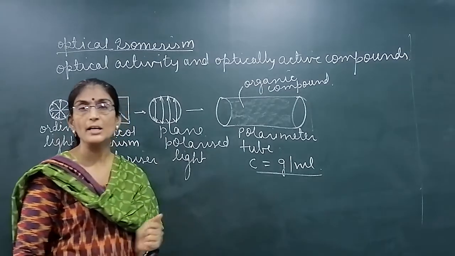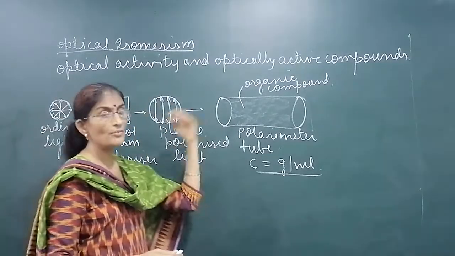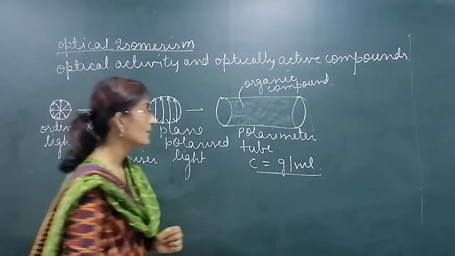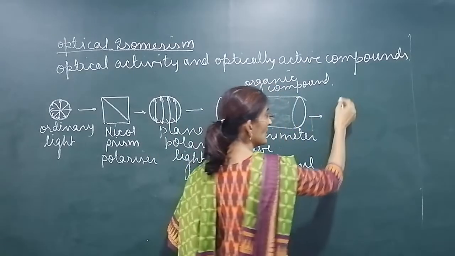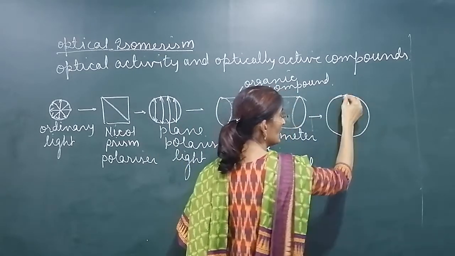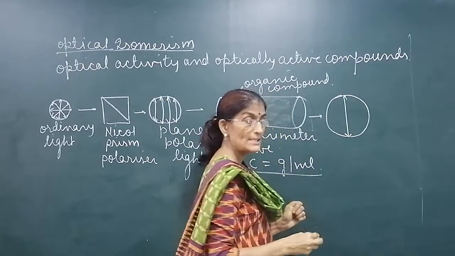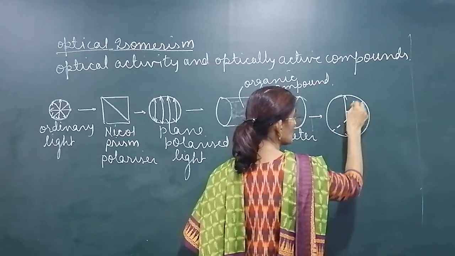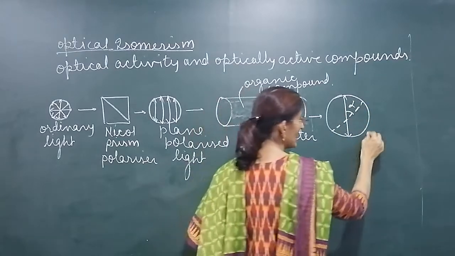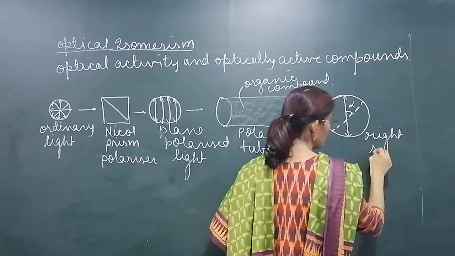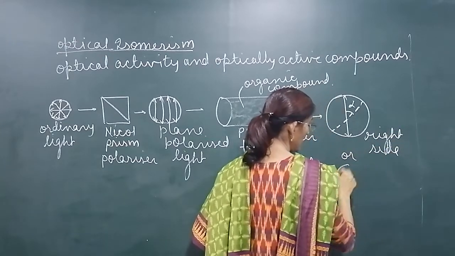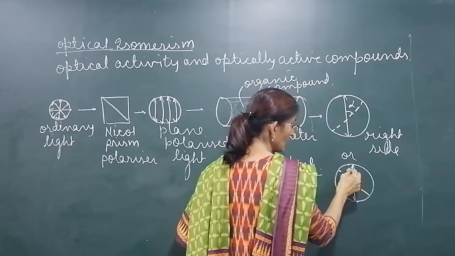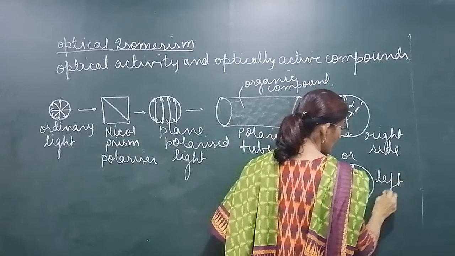Now if this compound is optically active, then we can say that the plane of this polarized light will rotate either left side or right side. We can analyze it by the analyzer. This way the light can be rotated. This is the original plane path of the light. After passing through this solution, it will rotate by some angle. This is called alpha. Either towards the right side the light will be rotated, or the light can be rotated towards the left side, this way. Left rotation or right side rotation.